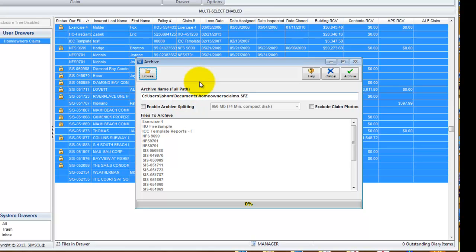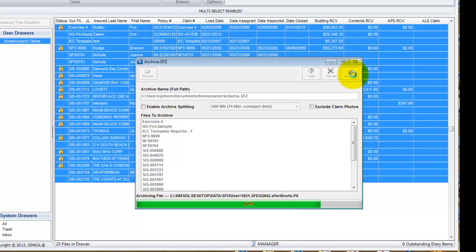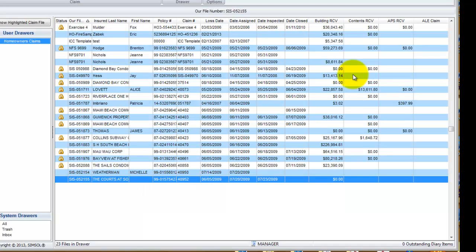So I'm ready to archive. All I do is go ahead and hit this archive button at the top right. That will begin the archive process. You'll see the status bar fly across the bottom there. Depending on how many claims you have, how many photos are contained in those claims, how large your claims are in general, will kind of stipulate how long this process takes, but it's rarely more than a minute or so. It goes back through a second time to validate the archive, and then when it's done, the window disappears, and